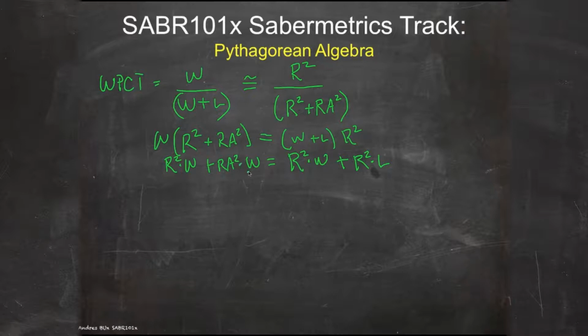The next thing we'll do is divide by runs squared. Divide everything by runs squared. Put a note over here, divide by runs squared, so you remember what we did. What we did here was cross multiply each side by the denominator. And so when I divide by runs squared, what I end up with is wins plus